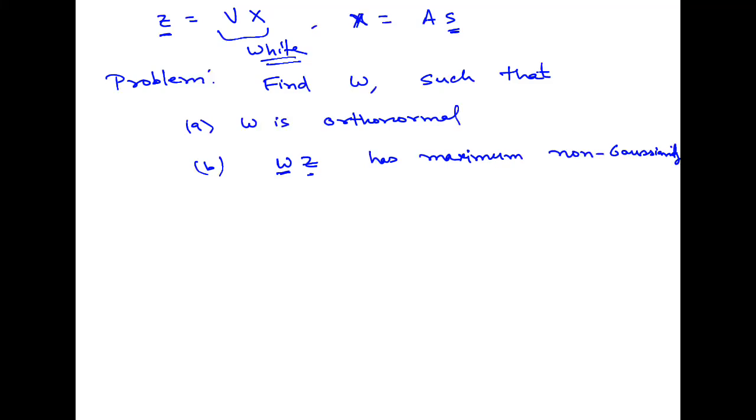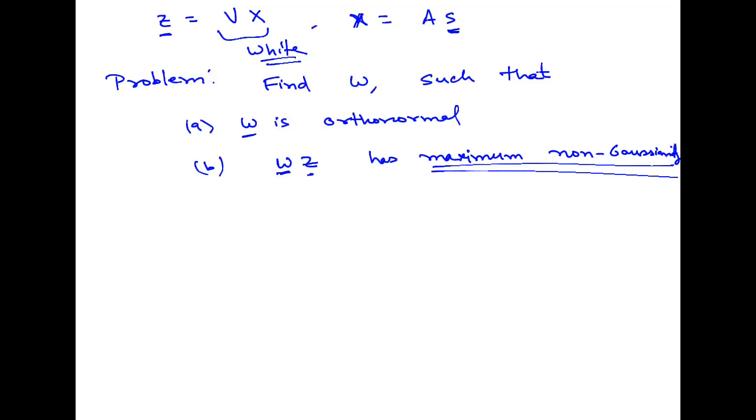So if I can choose W so that this is orthonormal, that we showed last time, it has to be orthonormal after normalization, after whitening, then this orthonormality ensures that the discovered S remains independent. The only thing we have to make sure is that W times Z is maximally non-Gaussian. Right? So once we define the measure of non-Gaussianity, we can formulate it as a constrained optimization problem. Maximize over W the non-Gaussianity of W times Z, subject to the constraint that W is orthonormal. Right? And there are several measures people have used.